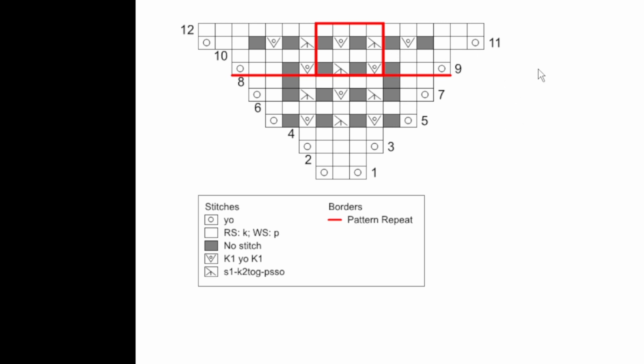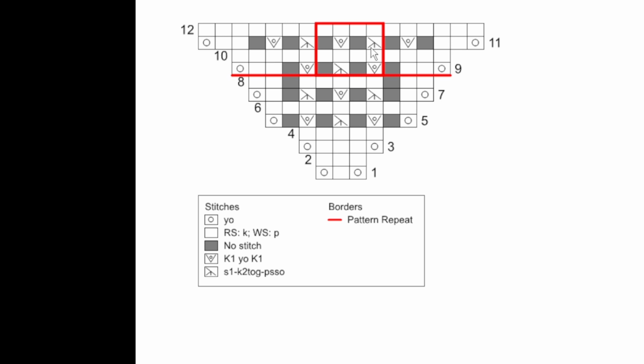Otherwise, the stitches get squashed and you can't easily tell what is supposed to be above one another. So what do you do with those? Well, you ignore them, basically. You work across, so let's take row 11. You will work a yarn over and then knit 2, and then you just skip this. And then you work the increase, knit 1 yarn over, knit 1 in a single stitch.